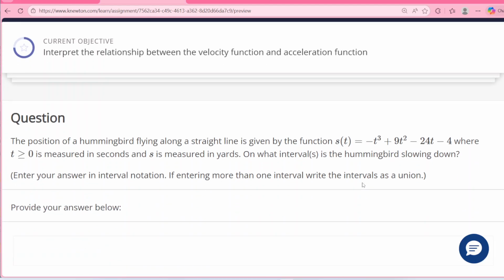All right, so another one here where we're asked, where is this bird that's flying in a straight line path with this position function given, over what time periods is it being slowed down again? Is it slowing? Is its speed decreasing? Once again, this is where the velocity and acceleration have opposite signs, right? So that way you're moving into the wind, you're moving against it. It's blowing against you, slowing you down. All right, so very similar problem. Hopefully you got the hang of it by now, but